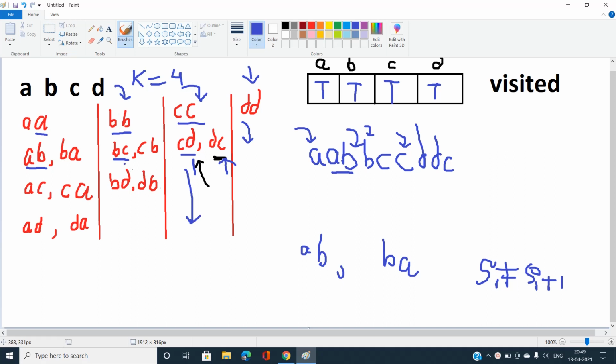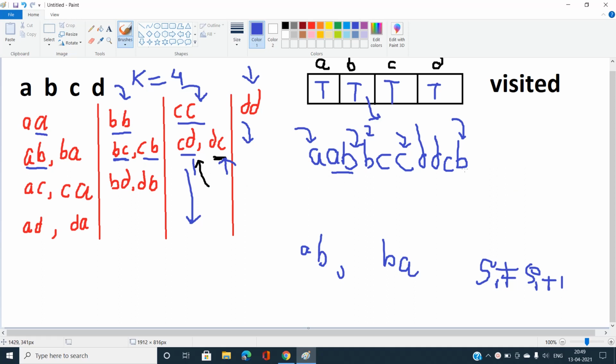Now let's come back into the B's adjacency list with its last function call, that is the function call of this BC. Now I am going to check, can we print CB? Yes, I can print CB. If I'm going to append this B, I need to check if I need to traverse this B again or not. No, I'm not going to traverse, because the visited array says that B is already visited and it is marked as true. Now I'm going to print this CB.